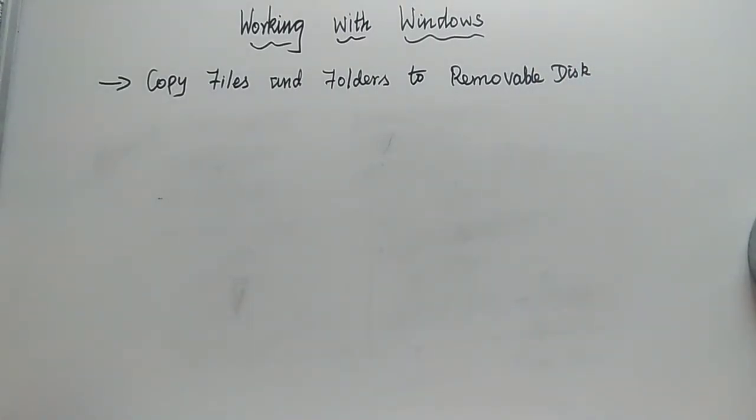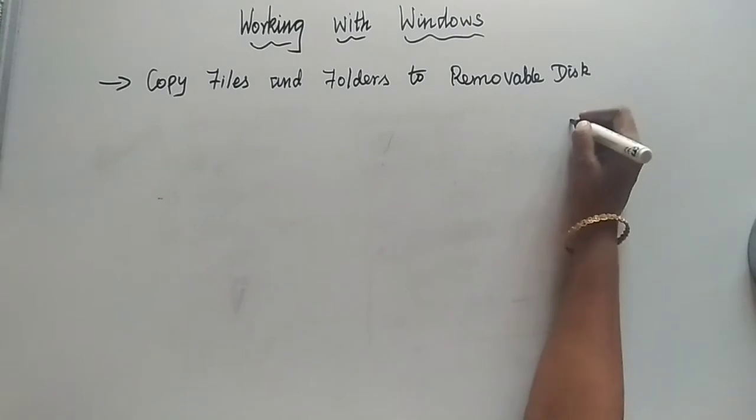It is removable. For example, to make it easy to tell you, nowadays you have a pen drive. Yes, you copy the files and folders to the pen drive, or otherwise to your cell phones. How you are going to do that, we can see now. So here you have several methods. Among them we are going to see 2 methods now.